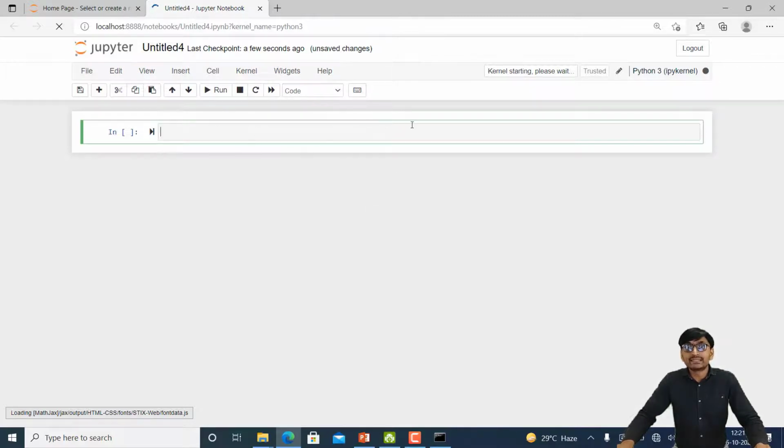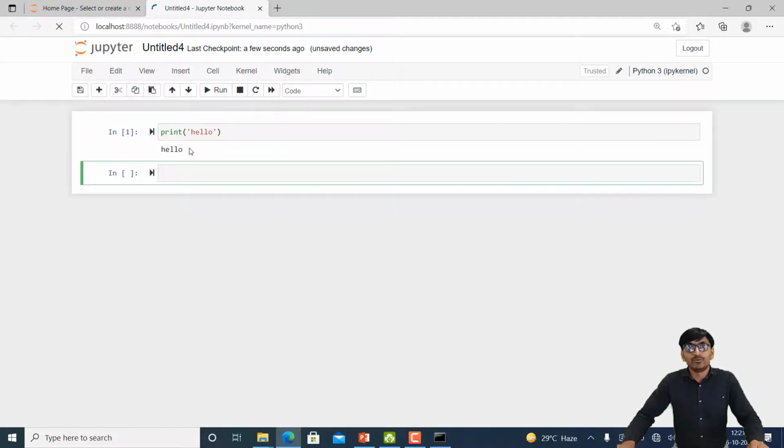Now this is a cell of Jupyter, and in this cell if we enter print hello, and this is the run button, so if we run this program then the output is hello. This is the run button to run a program.